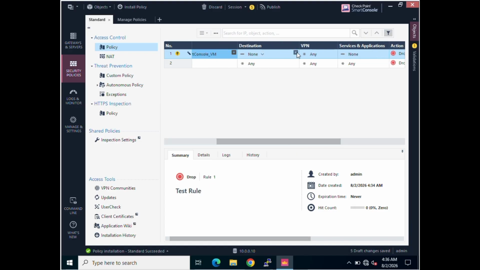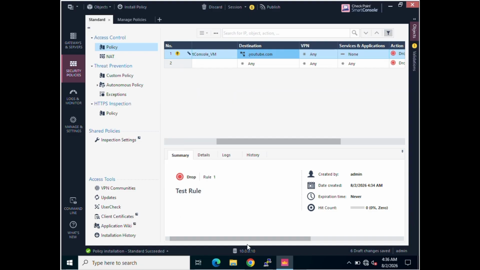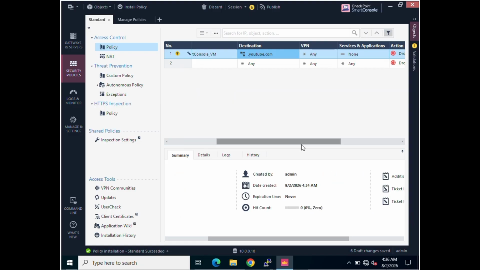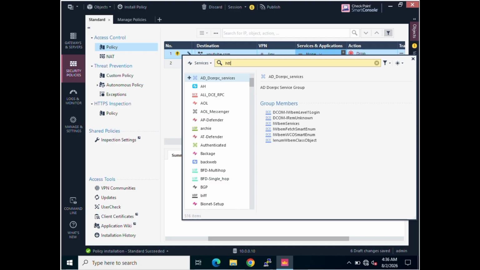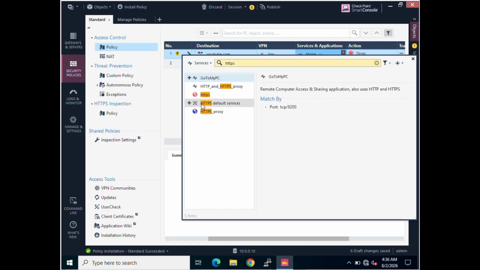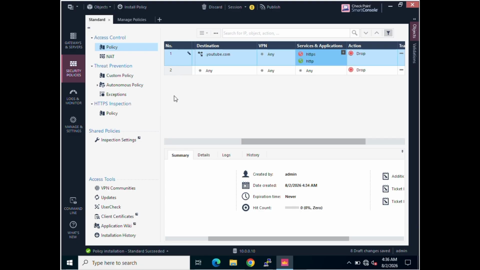And as destination, I want to use an FQDN, which is youtube.com. And what services do I want to use in our rule? It is going to be HTTPS, and HTTP as well. Suppose I want to block or allow both of these traffic types, and